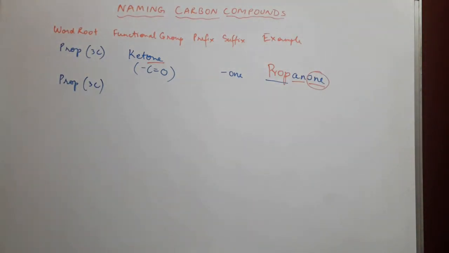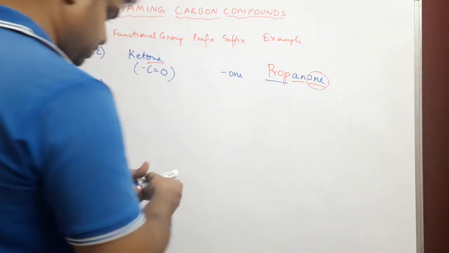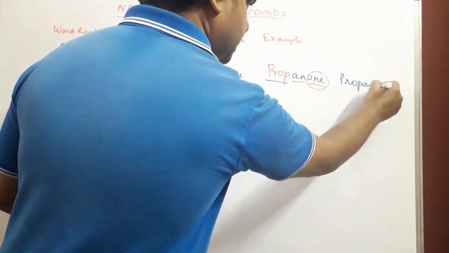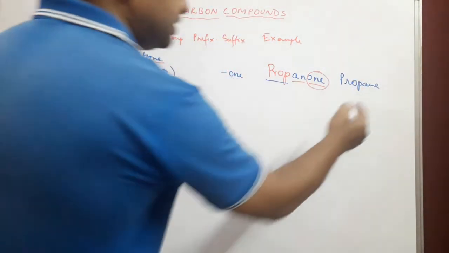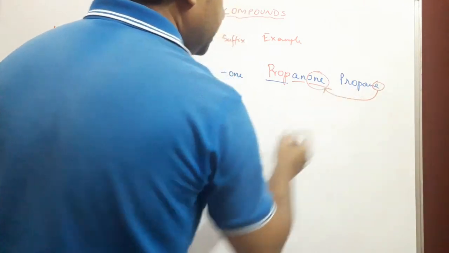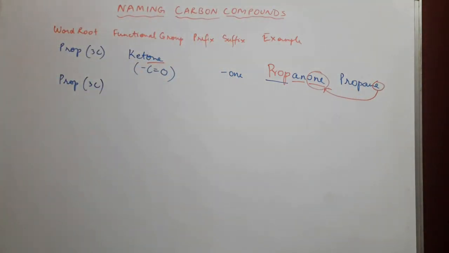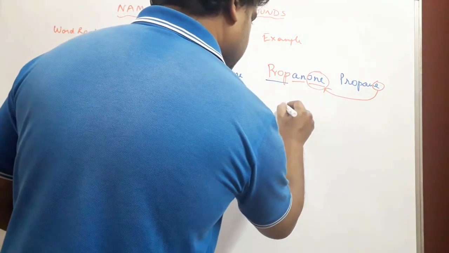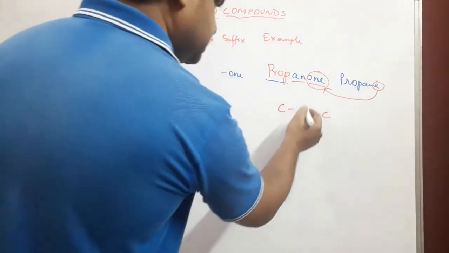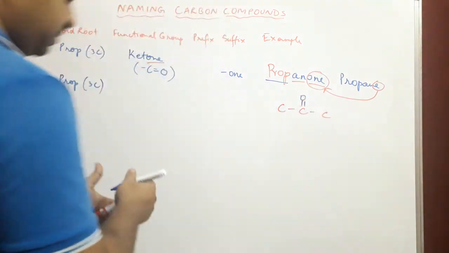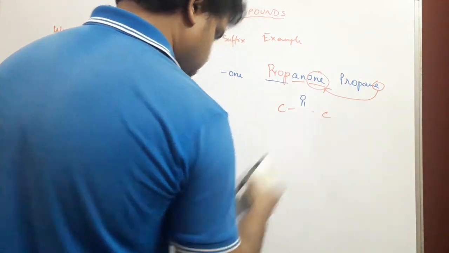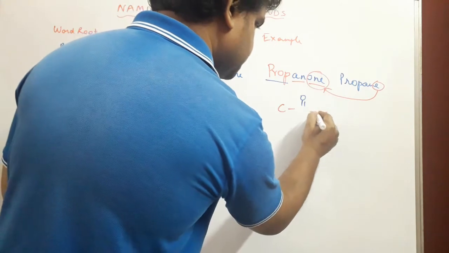Structurally, if we draw it, it will look something like this, but before that I'll bring it to your attention once again that this is actually nothing but propane, and the E at the end is replaced by ONE. Structural diagram, it will look something like this. So we have carbon, carbon, carbon, and this carbon will look like this. I'll mark this separately. Instead of red, put this in blue because it is part of the functional group.